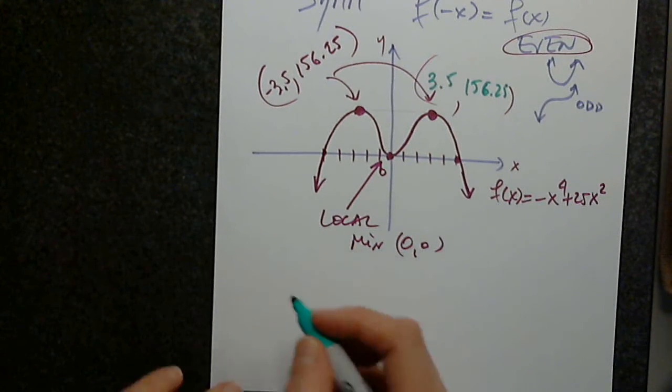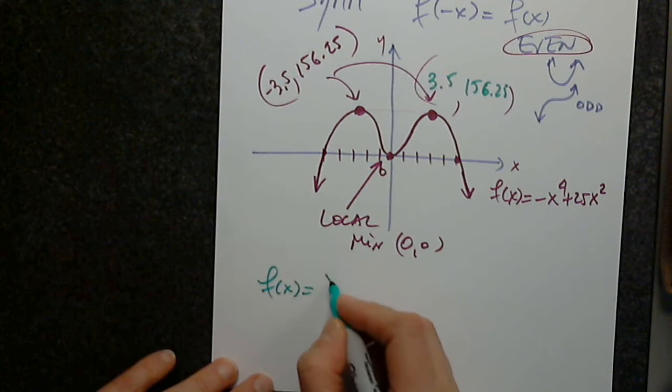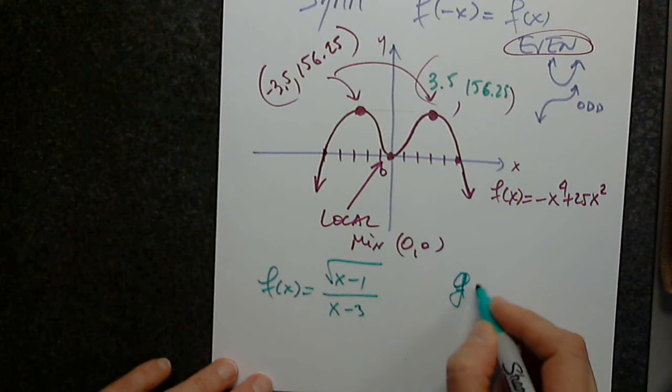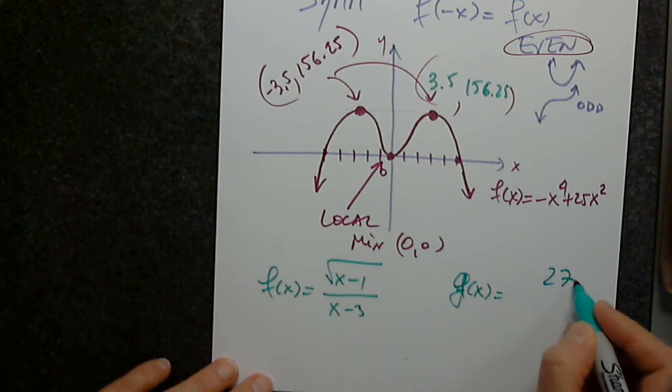So for number 6, we have two functions. We have f of x, which is the square root of x minus 1 over x minus 3. And we also have g of x, which is 27 over